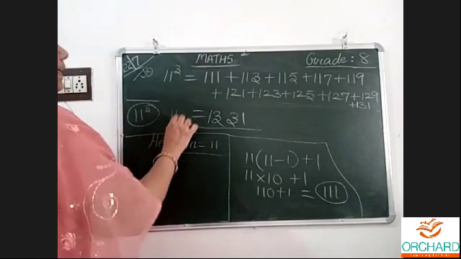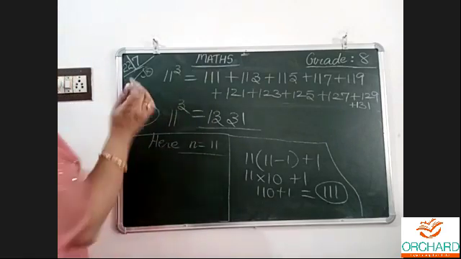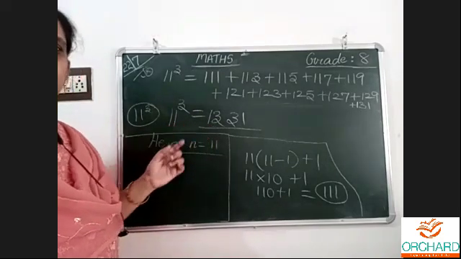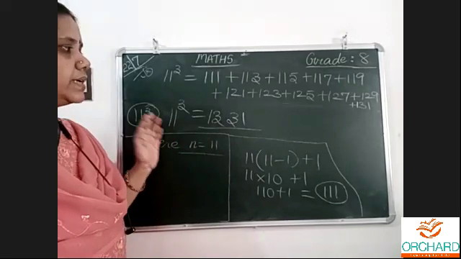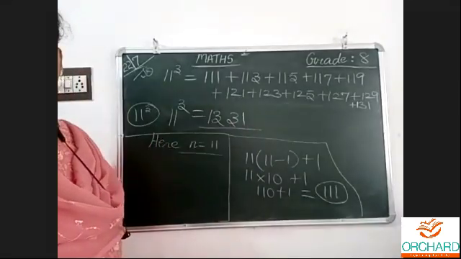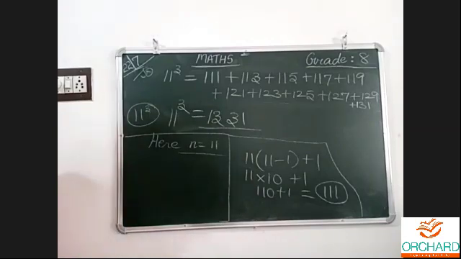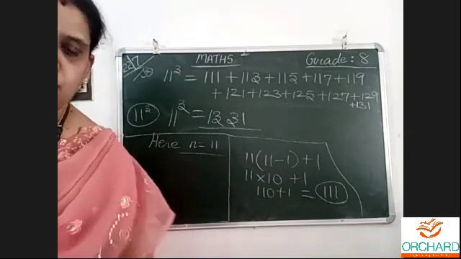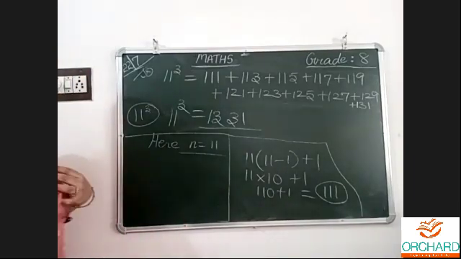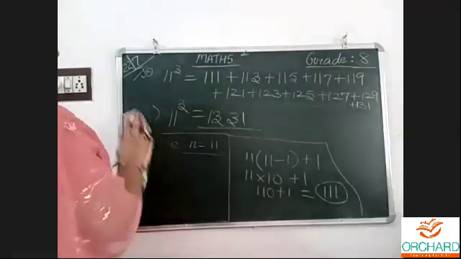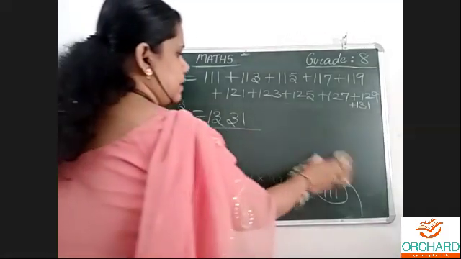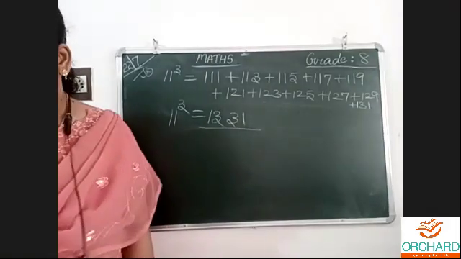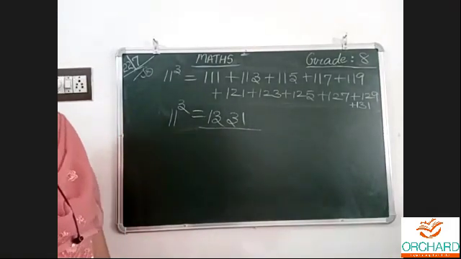So on adding these odd numbers, we got 11 power 3. Actually, 11 cube is 1331 only. When you multiply also you get the same thing: 11 11s are 121, 121 11s are 1331. But we have to proceed this way because it is asked like that, to find the cube of the numbers using the formula of the sum of odd numbers. Understood clearly? That day we did 9 cube, today we did 11 cube.